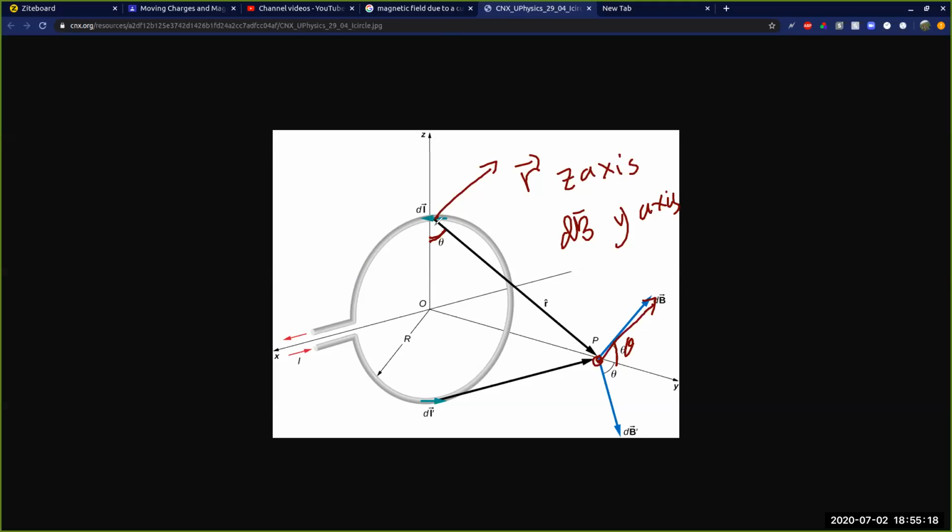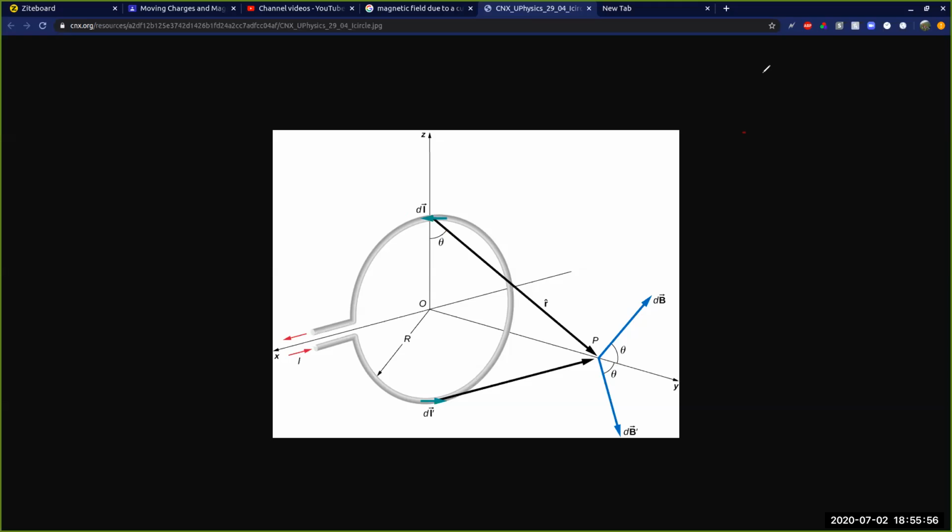If you draw a parallel line, suppose a parallel line to OP. I can't draw it here. Like a line from here, to the z axis, right? If you make it to the z axis, then you will understand why. So that's theta, then that's again 90 minus theta, and it's theta again. Correct. So everyone of you understood.